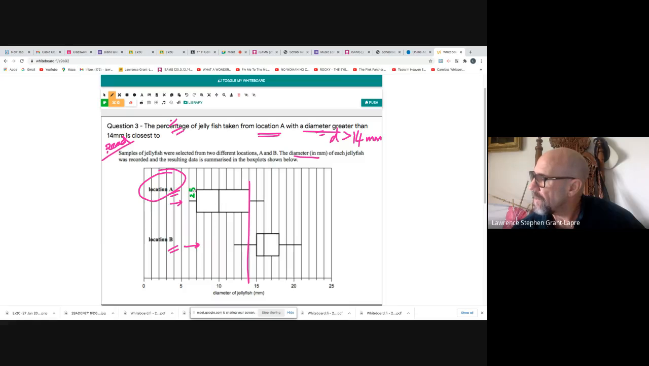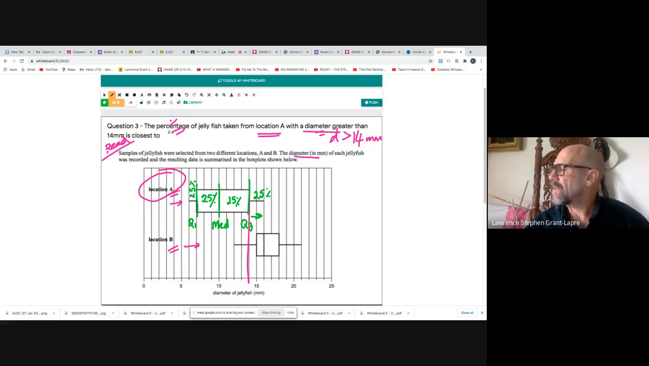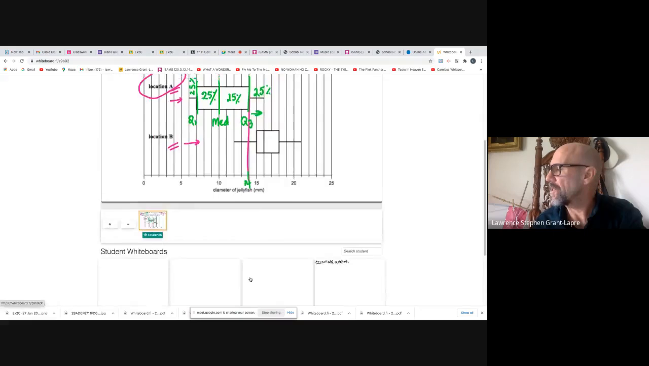Q1, you've got 25% there. You've got 25% between Q1 and the median. And then this is Q3. You've got 25% in here. And then you've got 25% after that value. So the answer will be about 25% of jellyfish are greater than 14. So the top 25%. So we have to select